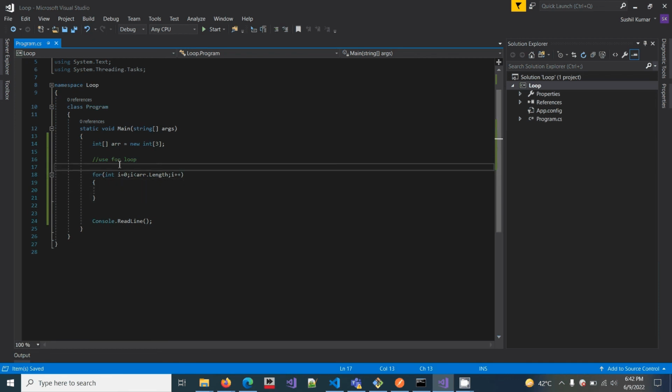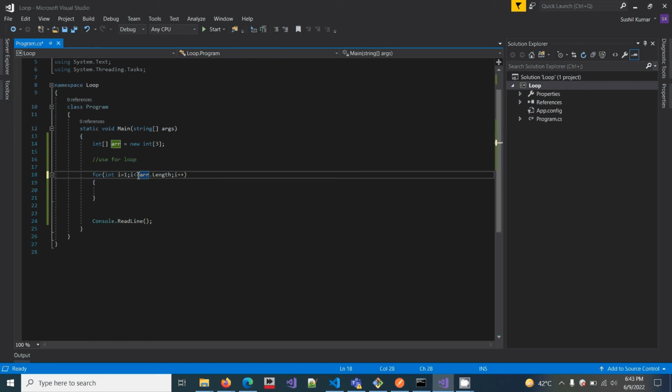One thing is very important: if you initialize the value as 0, then the loop will run while i is less than array length. If you initialize it as 1, then the loop runs while i is less than or equal to.